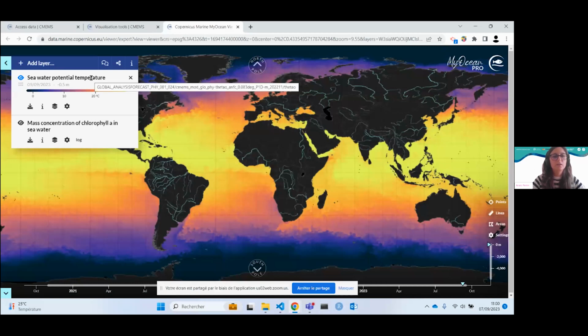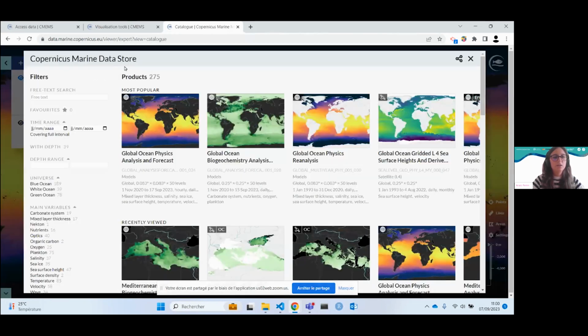The first is for physical data, here the temperature, and the second for biological data, here the global A. In this presentation, I will focus on the biological dataset from the Mediterranean Sea, looking at the nutrient inputs from rivers. So to search for a product through our catalog, you just have to click on Add Layer here, and